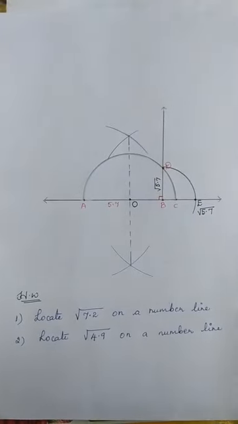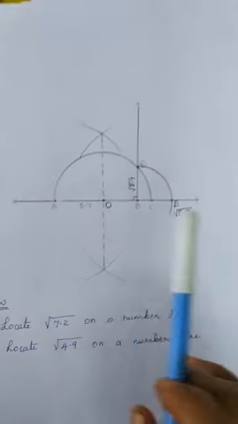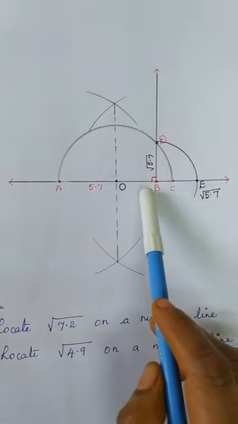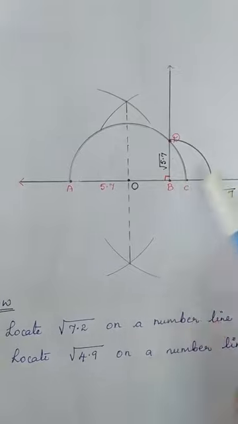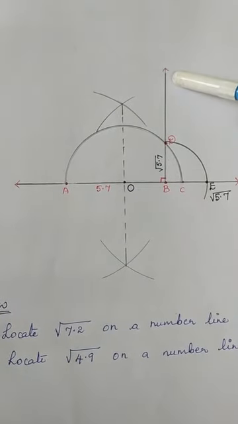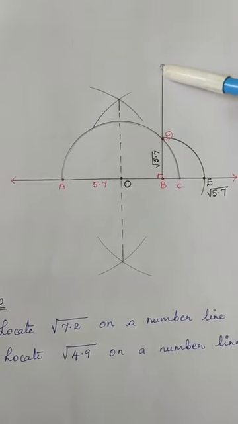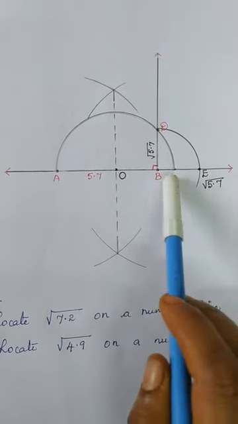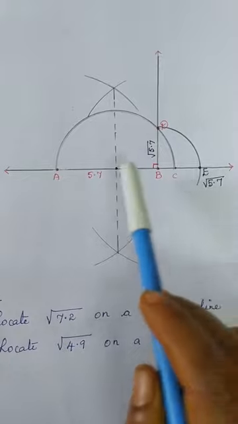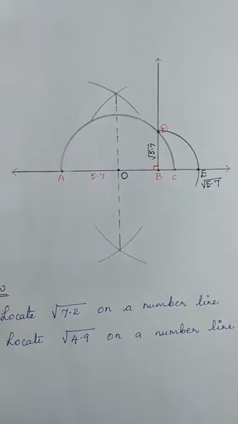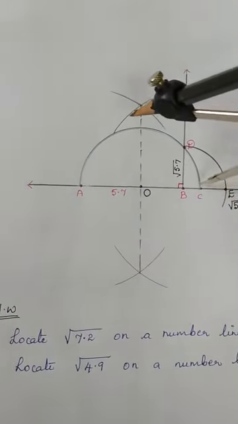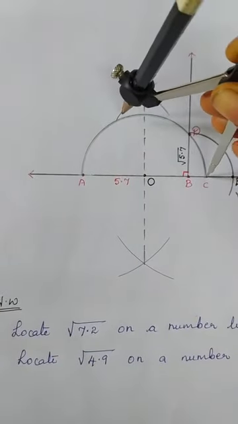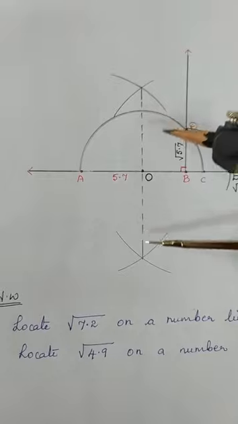The next step, till here we have completed, right? This is a line segment, 5.7 centimeter between A and B. B to C is 1 centimeter. From B, you are taking a right angle, 90 degrees, and you are marking here. After that, you are going to draw a perpendicular bisector of A to C, which means you are going to take more than half the radius from A to C, and you are drawing the perpendicular bisector and joining this line.